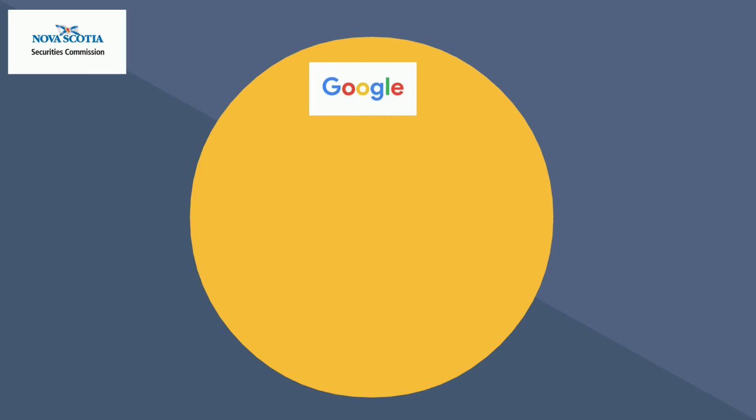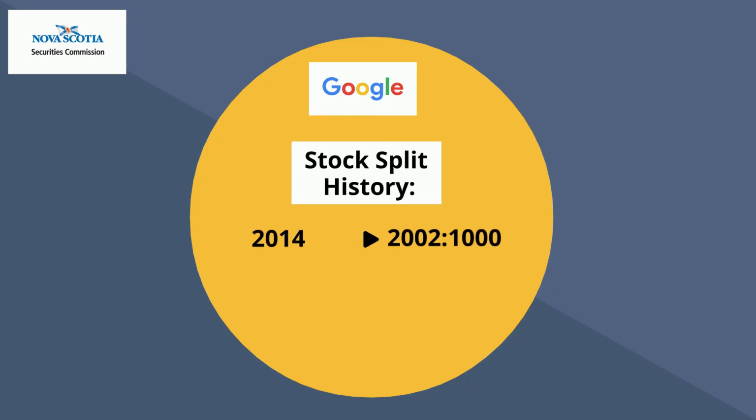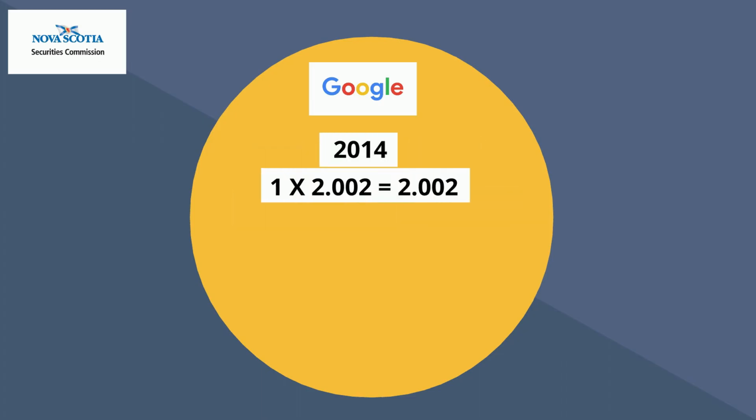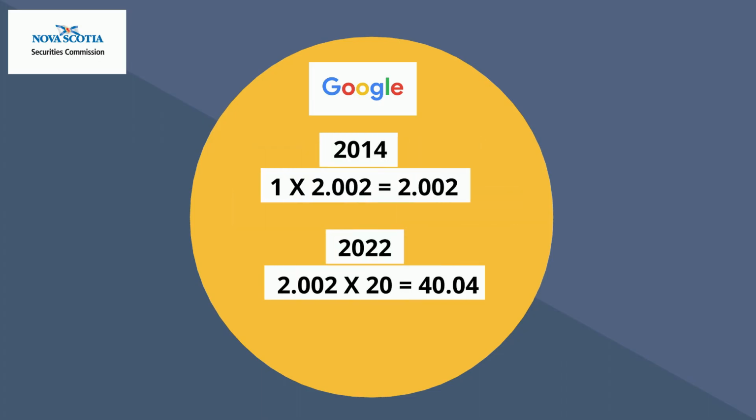Now let's look back at our original example of Google. Google did a 2-for-1 stock split in 2014 and a 20-for-1 stock split in 2022. If you owned one share prior to both stock splits, that share would have been split into 40 shares. Here's how the math on that works. You likely would not hold fractional shares, and would instead be paid out for these small amounts, leaving you with